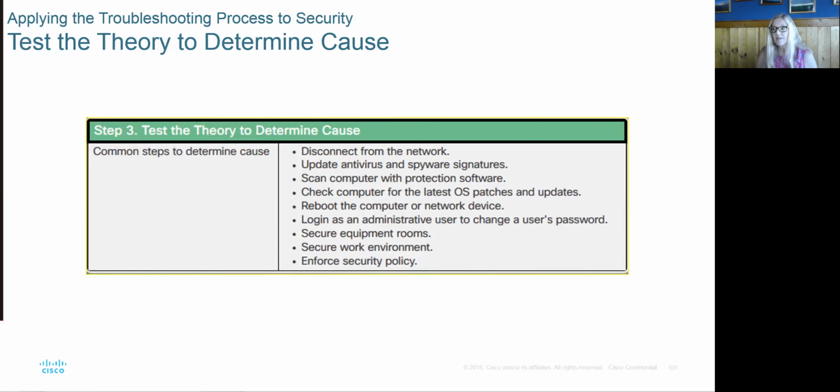Update your antivirus and spyware. Check your computer with protection software. Check to make sure that you've had updated patches and updates. Reboot the computer. So each time that you try and fix it, reboot the computer, because rebooting the computer is